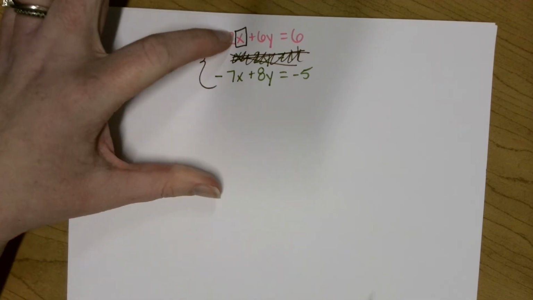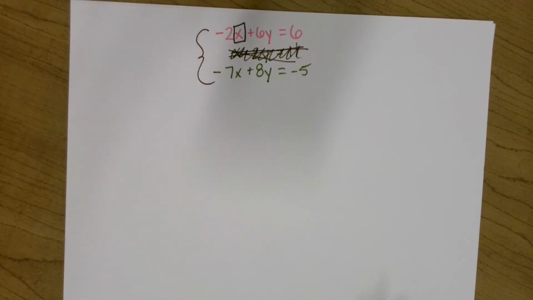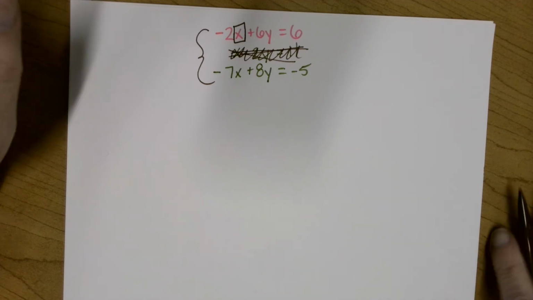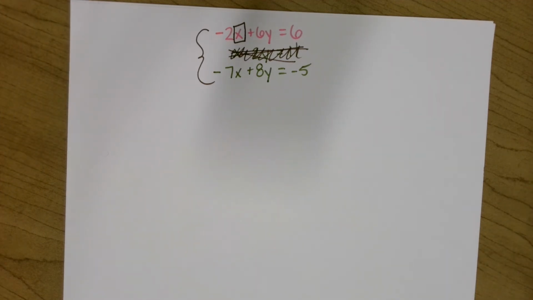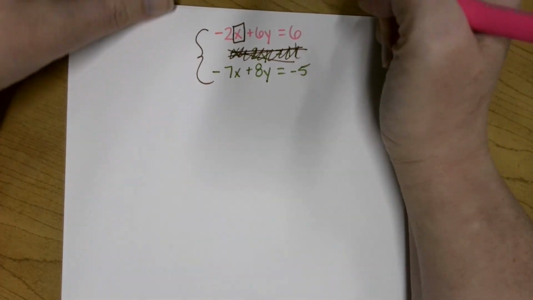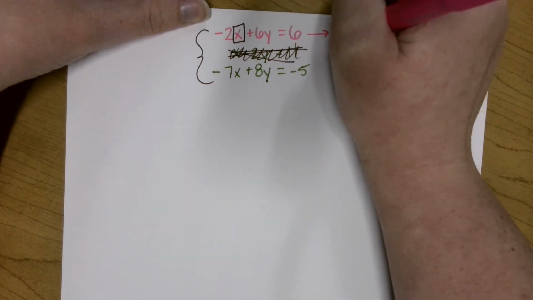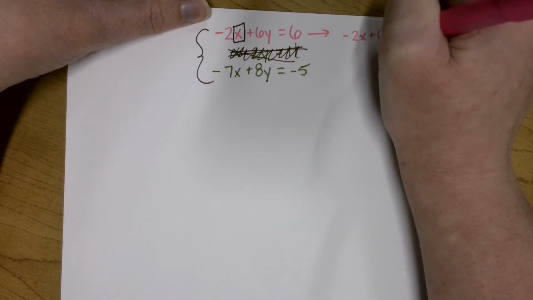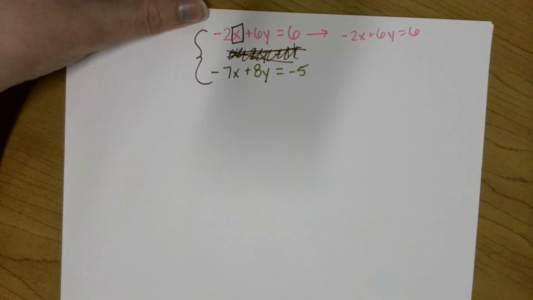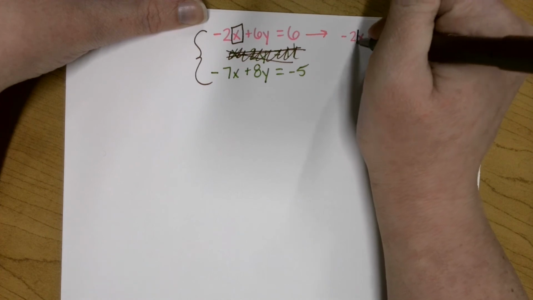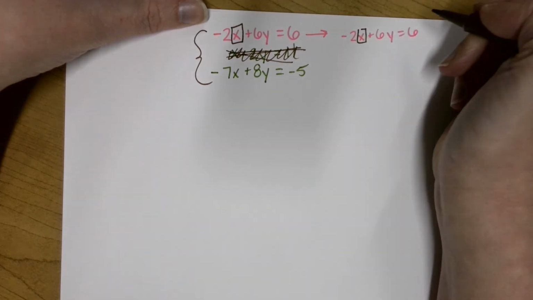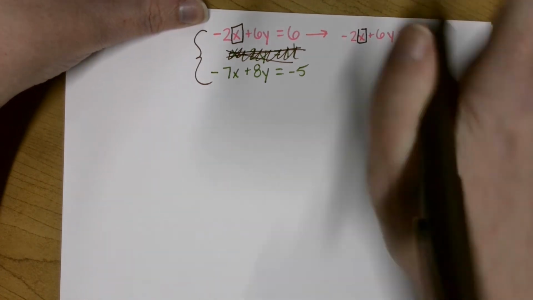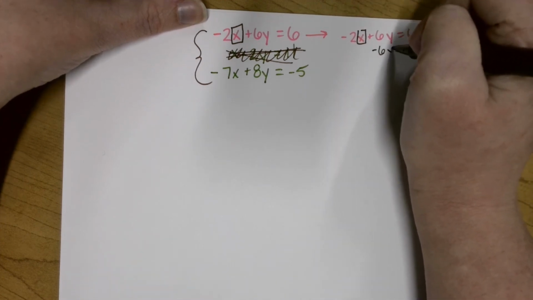So here, we're trying to avoid fractions, basically, is what I'm trying to get to. Sometimes it's not possible. Sometimes you have to deal with a fraction, but in this case, we don't have to. So yay. All right, so I need to get x by itself. So I'm going to rewrite it over here, give myself some room. Okay, so if I'm trying to get x by itself, first thing I'm going to do, I'm going to try to get rid of this 6y and get it to the other side. So I'll subtract 6y from each side,